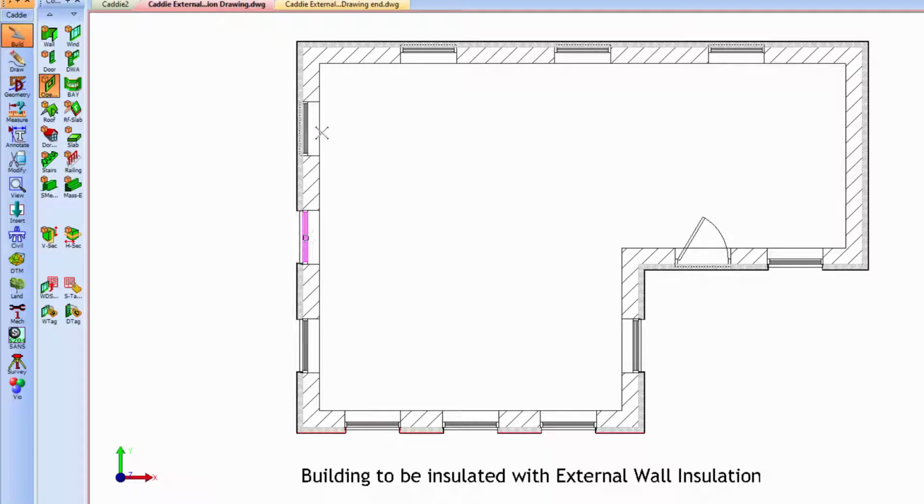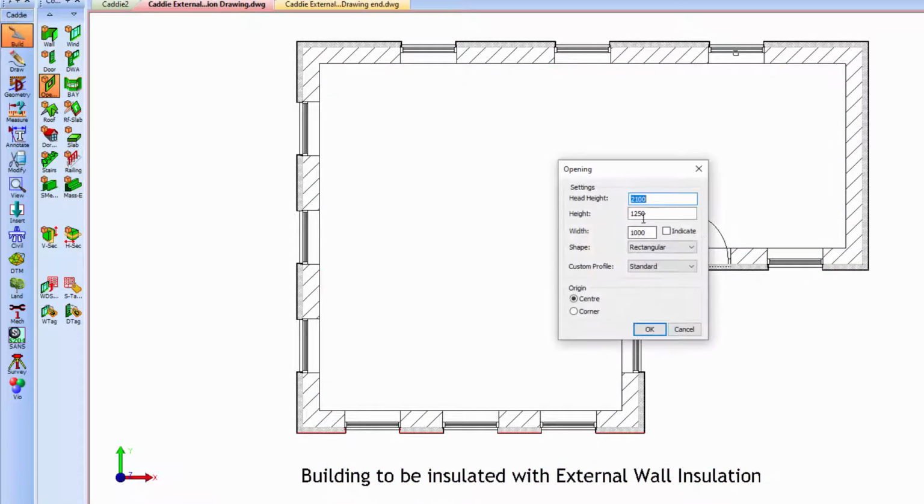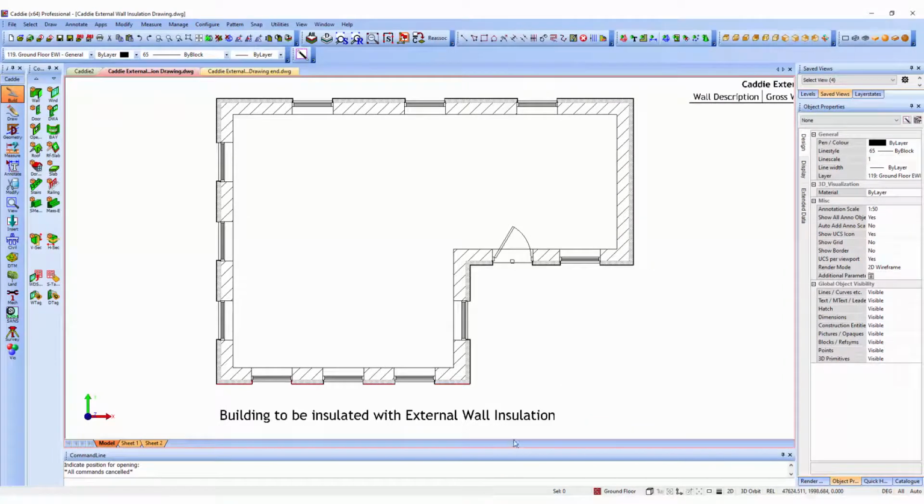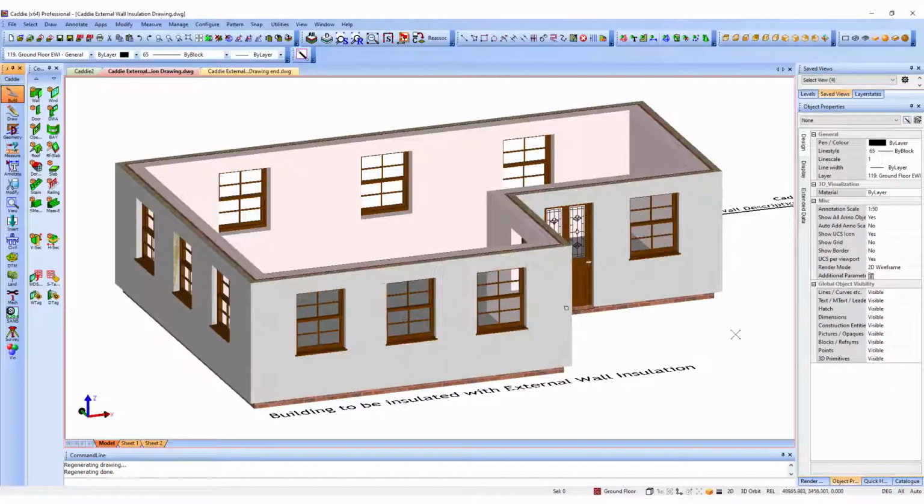So this is adding the openings into the wall, and then we're just left with the one for the door, which is slightly larger because it goes down to floor level. And there we have our finished scheme. Going back to our save views, we'll see now with the axonometric that we actually have all of the openings punched out. And going back to our plan, just as a reminder,